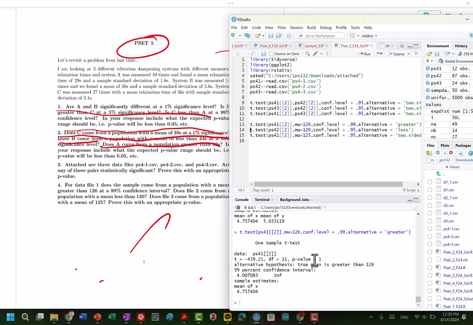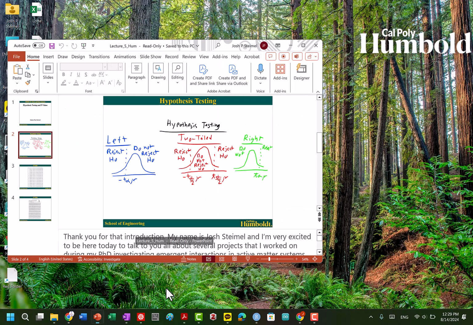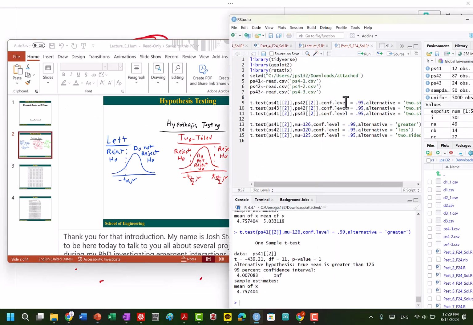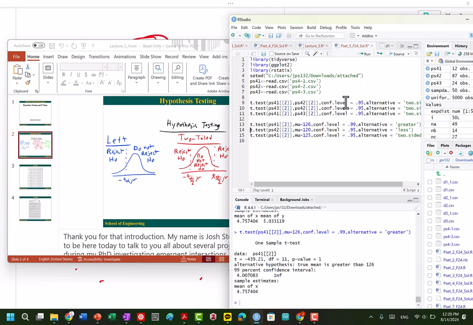Our p-value is 1, so that is definitely a, excuse me, actually, we were in the reject regime. So let's go back over here. I misspoke. The p-value is less than our 0.025. We are in the reject. Here, reject. And then this one was the do not reject regime. And then here as well, the greater than 126, that is definitely a do not reject.